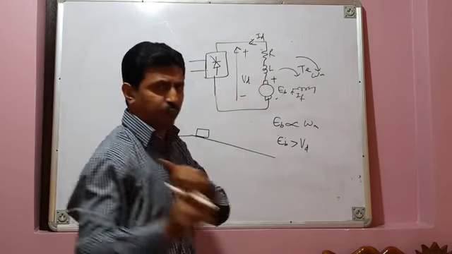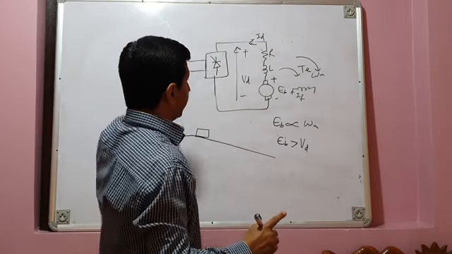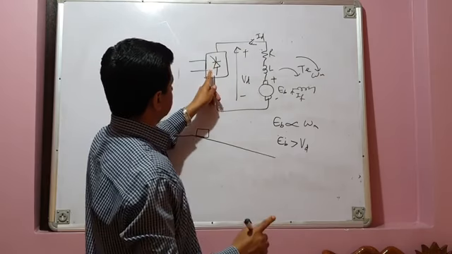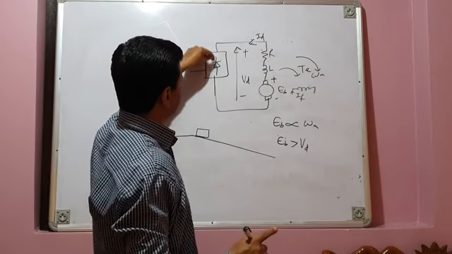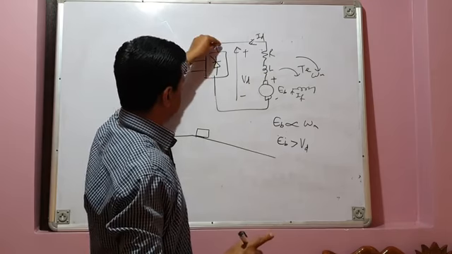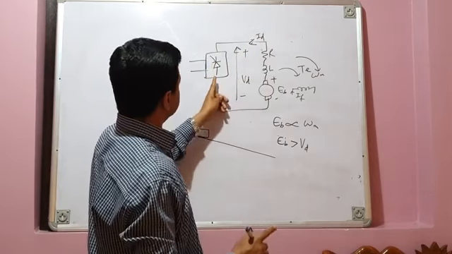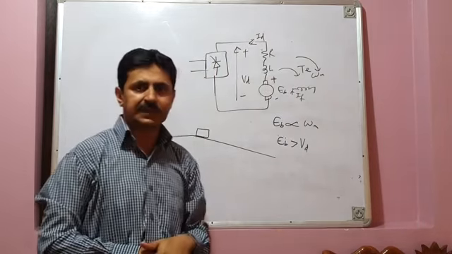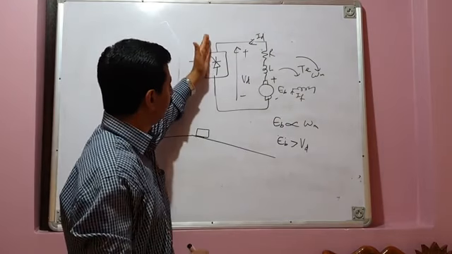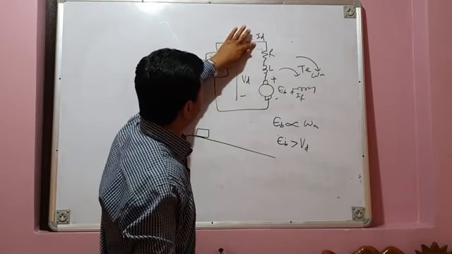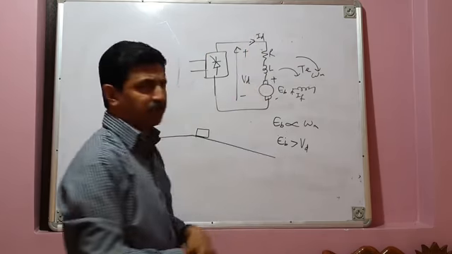But I told you in the previous lecture also, reversal of the direction of current in a converter fed DC motor drive is not possible, because this converter will not allow current to flow in this direction. Current will always flow in the same direction, because this converter comprises SCRs, thyristors, and thyristors conduct from anode to cathode. Current cannot flow from cathode to anode. So therefore a reversal of the direction of current is not possible.